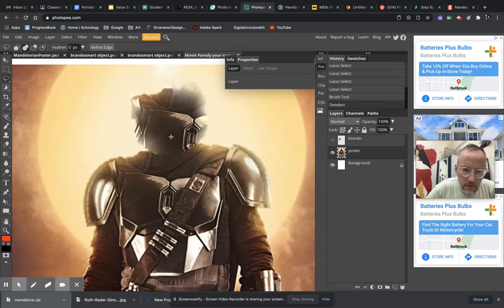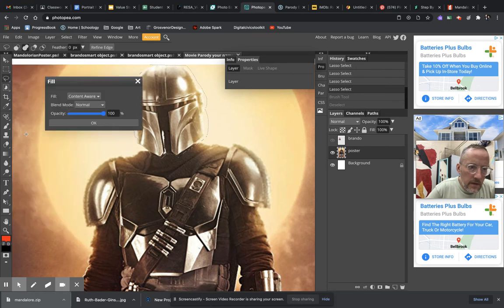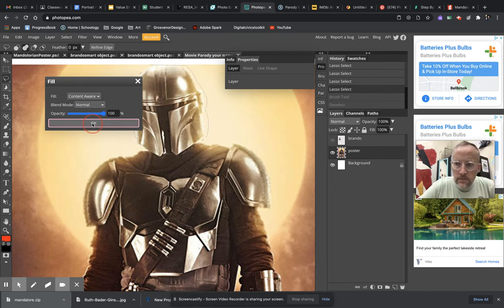So it didn't work quite as well, but we can go ahead, like I said, and do a combination of things to make that happen. So we can do Command Z if we want to undo that. We can try it one more time. It doesn't work the exact same way every time. Push OK, see what happens. See if it has any better results. Like I said, it always takes information from the entire thing. Sometimes it works better than others, sometimes it doesn't. But like I said, if it doesn't work very well, we can always jump back and get content aware fill and do that. All right, so while we're waiting on that to figure itself out,